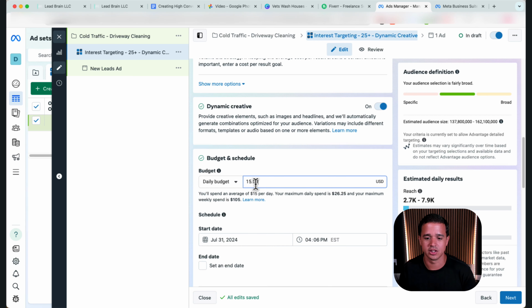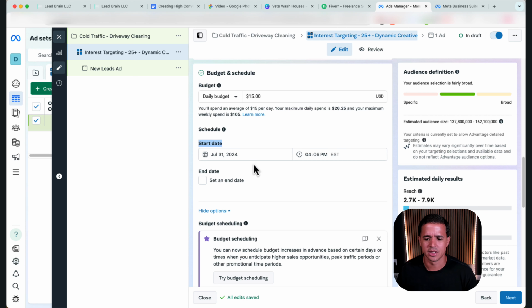Now, start date. People like to be scientific with this, and you probably should, but some people like to start at midnight, right? So we could start tomorrow at midnight so that we make sure we maximize our budget throughout the day. I don't pay much attention to this normally because I find that Facebook does a good job. Some people have a theory that if you start right now at 4 p.m., Facebook will try to use your entire budget between now and midnight or 11:59 p.m. I haven't found that. I found that it's been pretty fair, so I leave it where it's at.